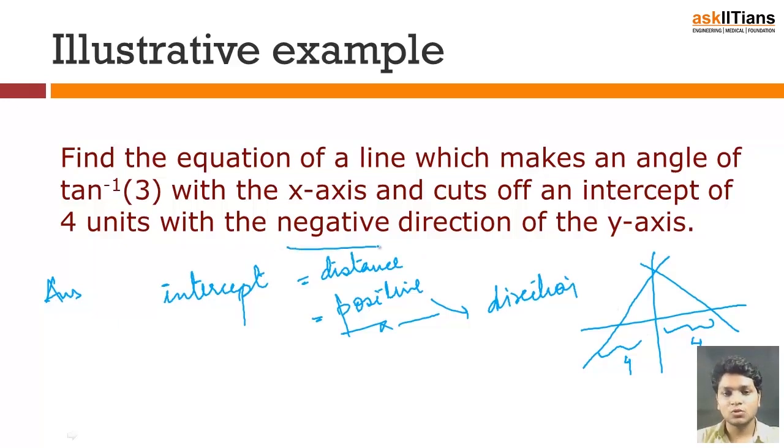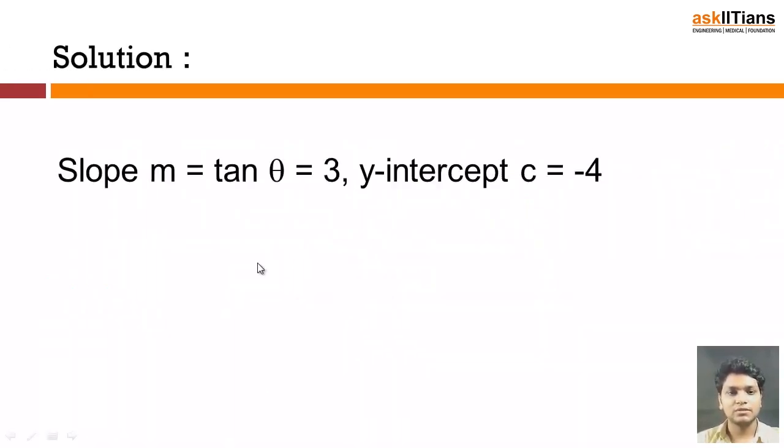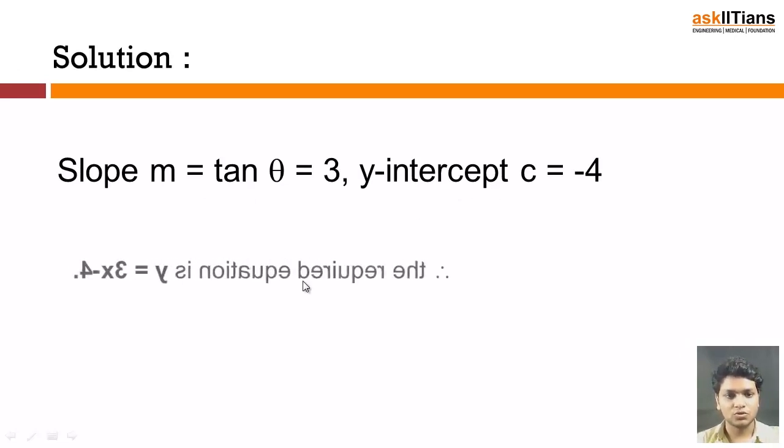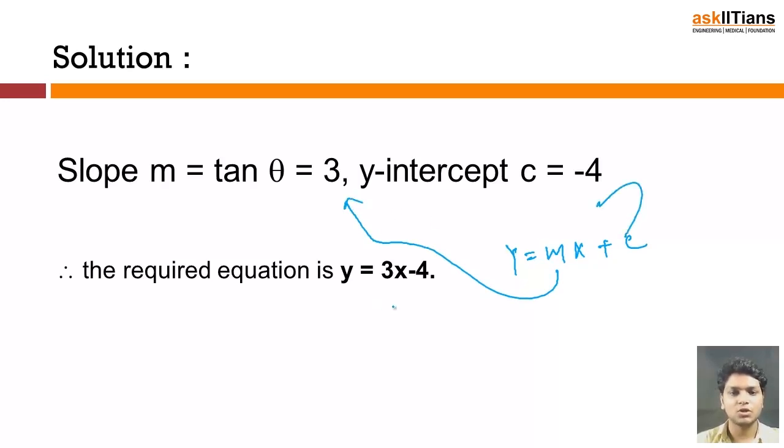So as you can see in this question, it is given very specifically with the negative direction of the y-axis, which will help us. And theta is given as tan inverse of 3. So we'll use the equation of y equals mx plus c, where m is the slope and y intercept c is minus 4. So the required line will be nothing but y equals mx plus c, and we have just jotted down the values of m and c. m is 3 and c was minus 4,